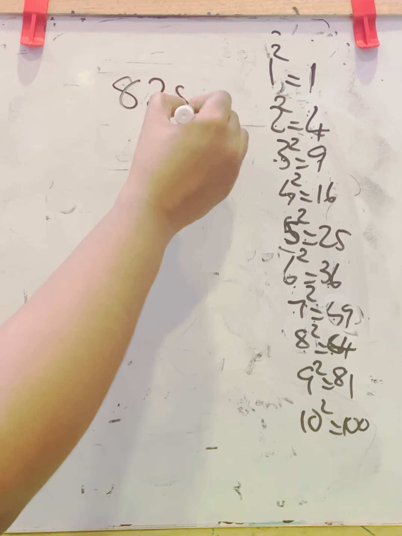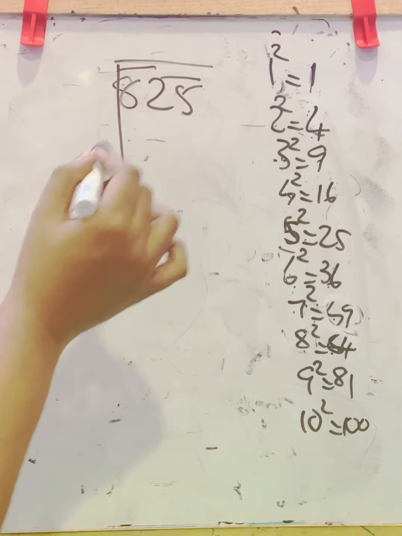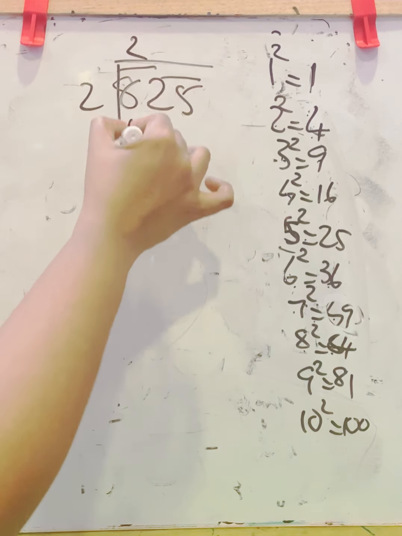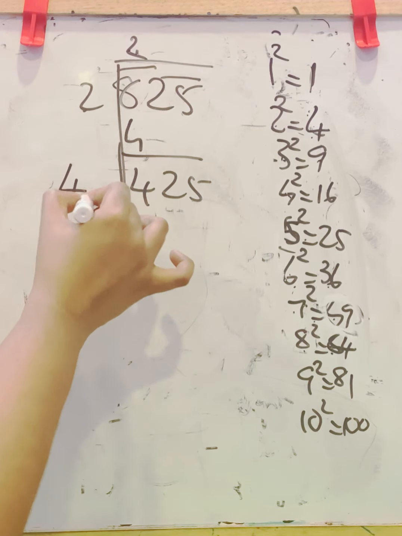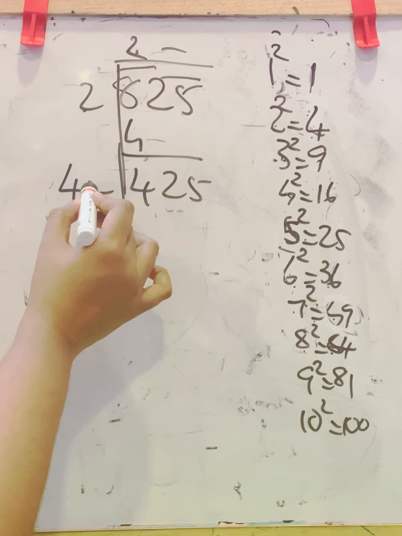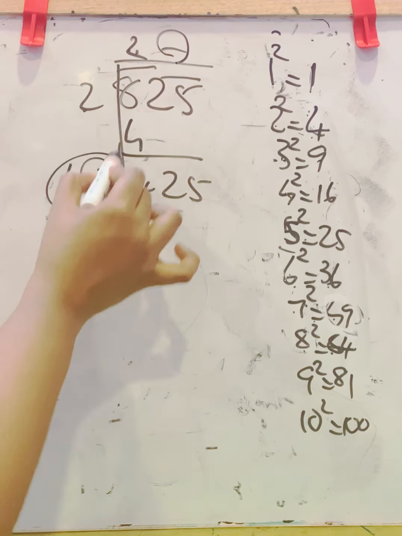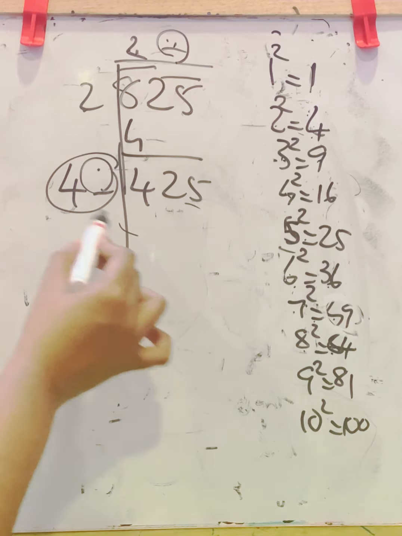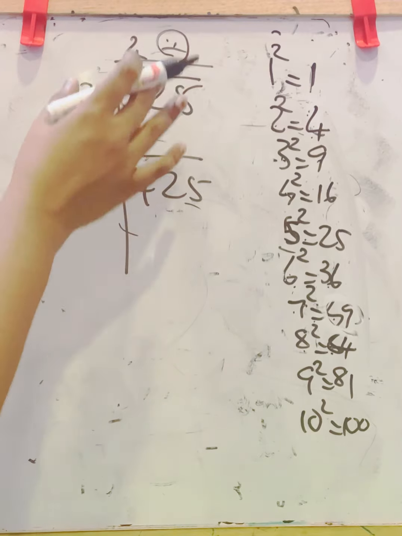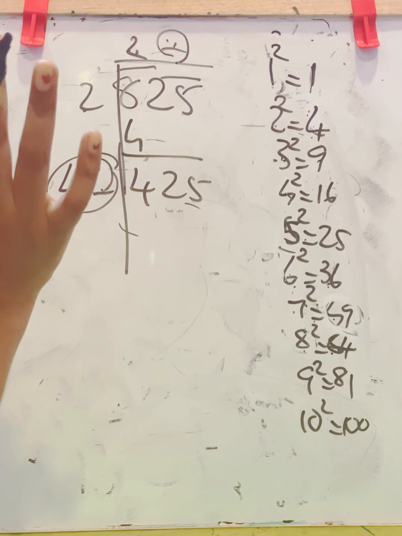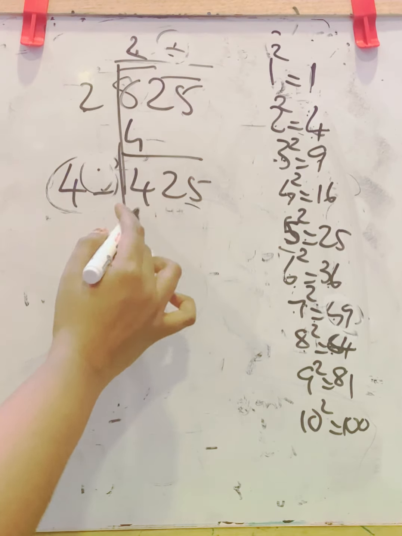Next question 825. Pair it. Below 8 you will get 4 perfect square. That means 2 2s are 4. Balance is 4. Carry down this 25. Now double this 2. That is 4 dash dash. Now you have to write a number here and the same number you will write here. This number into this number you want to get smaller number than this. You will never get equal number because this is not a perfect square. If it was a perfect square you will get equal number. What number will come here to get smaller number than this?